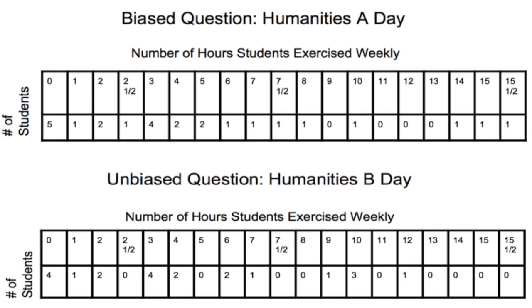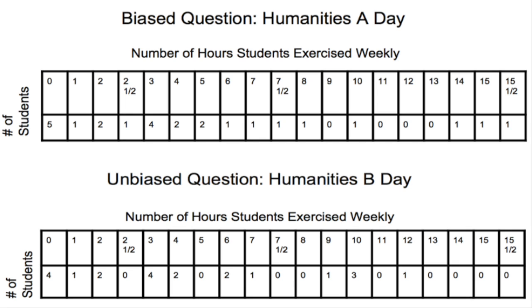The results of Humanities A-Day, which got the biased question, showed that 5 students got 0 hours of exercise weekly, 1 student got 1 hour of exercise weekly, 2 students got 2 hours of exercise weekly, 1 student got 2.5 hours of exercise weekly, 4 students got 3 hours of exercise weekly, 2 students got 4 hours of exercise weekly, 2 students got 5 hours of exercise weekly, 1 student got 6 hours of exercise weekly,